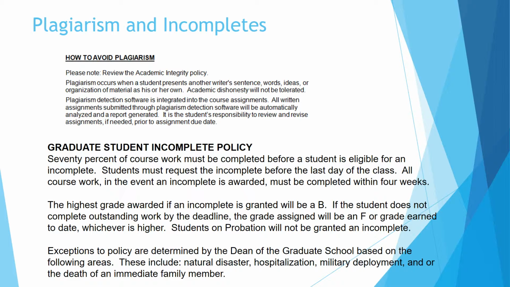There's a graduate student incomplete policy, which means if you're approaching the end of the class and it appears for a valid reason that you will not be able to complete all the coursework, we have an option of going with an incomplete, which will add an extra 4 weeks to the completion date of the class. You turn in all the work for the course within 4 weeks after the class ends, and then you will receive a grade based upon all the work that's been submitted.